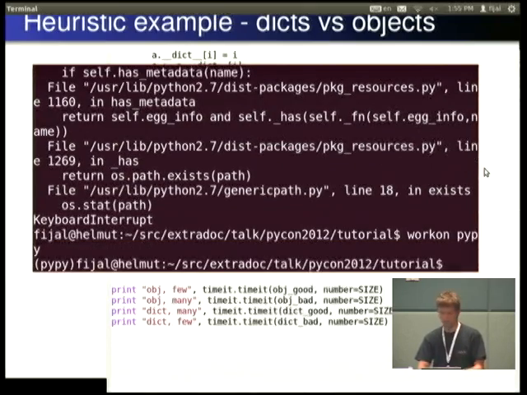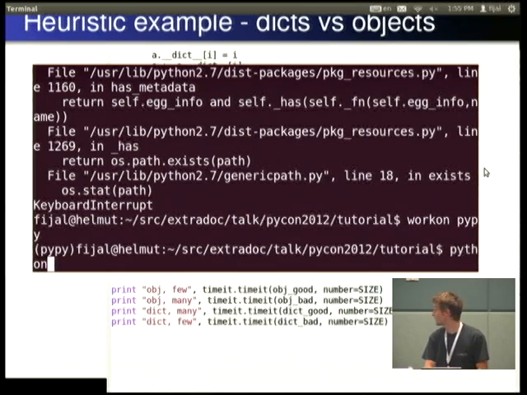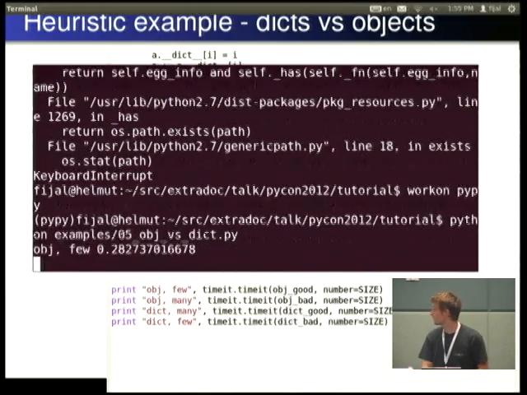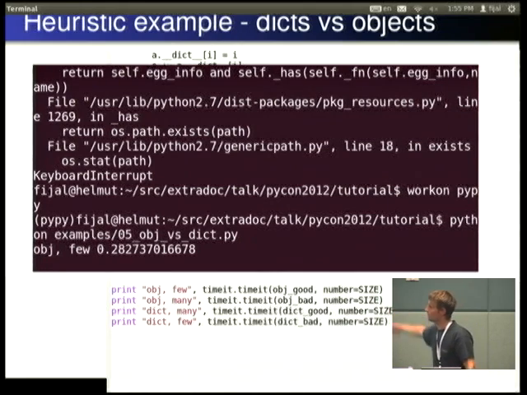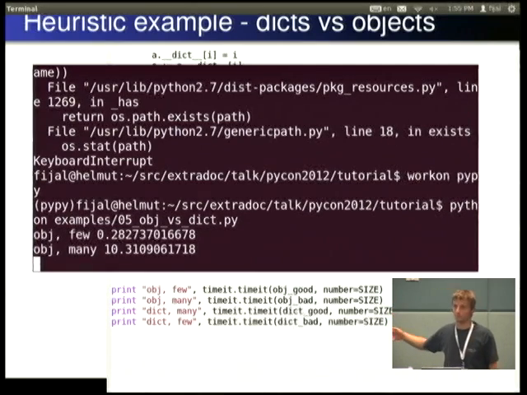Now I'm on PyPy in the virtualenv. I will run the 05 examples. A few attributes in an object take about 0.3 seconds, and a lot of them will take 10 seconds, for example.